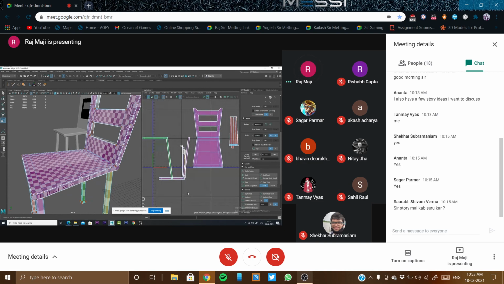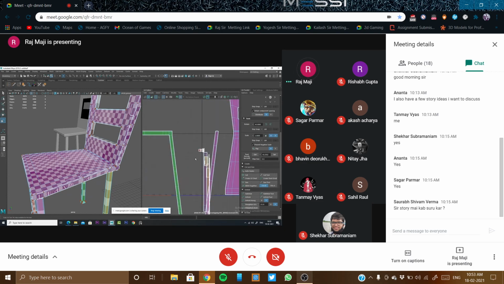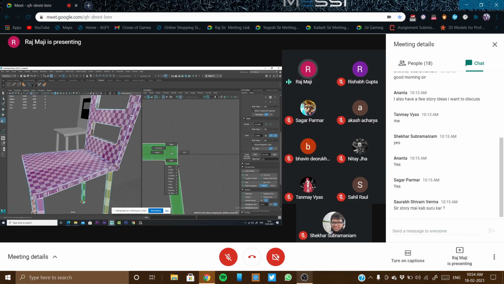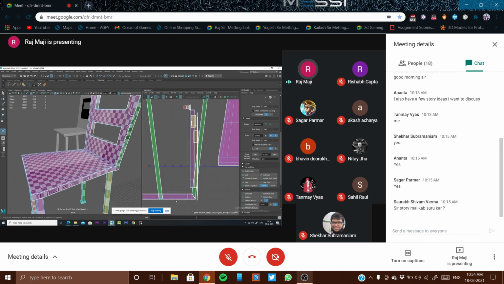So what we can do right now, I am dividing. So going to the UV 3D cut tool. So I'm dividing this and converting it into two UV shells from here, and doing the same thing over here.